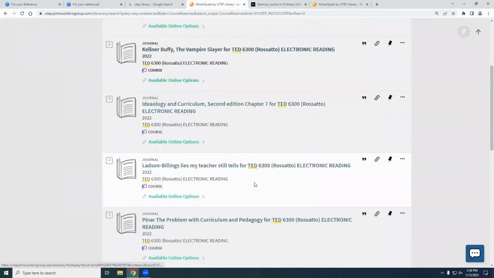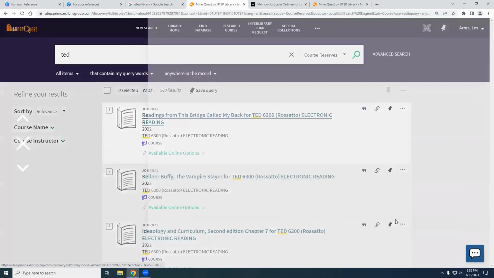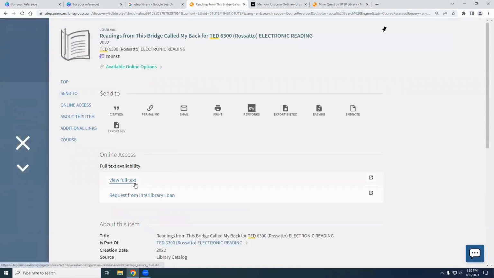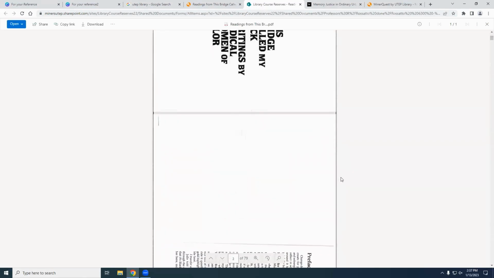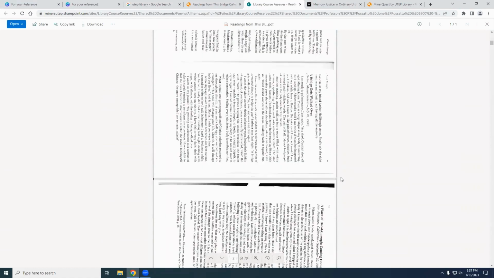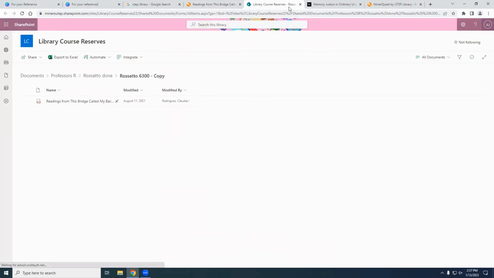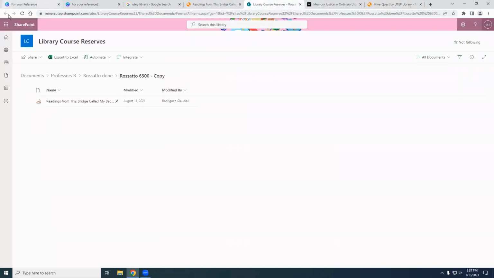Okay, awesome. So here we have several examples of some e-reserves. I click on it, and just like that other resource that was available online, we have links for it right here. I'm going to click on view full text, and it should bring you to our scanned copy of the text that this person needed for their course. If you're at home, you might be asked to sign in. When we go over the VPN and the proxy and the difference between the two, if you're just using the regular proxy, you're going to be asked to enter your UTEP username and password.